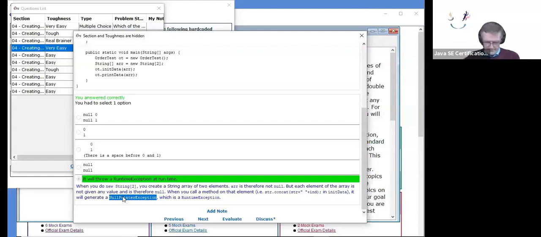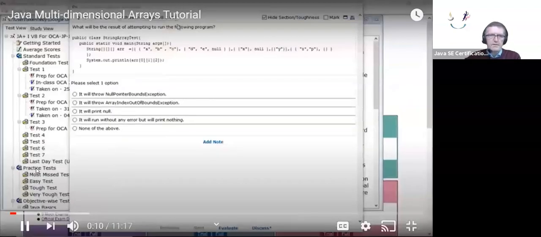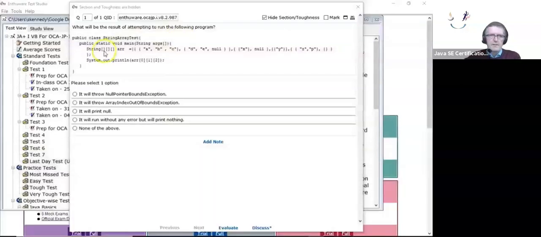Okay, number 5, I have a YouTube video for that. 7, which relates to multi-dimensional arrays. In this question, we are given a string array which has 3 dimensions, and there is the array outlined. And then we're asked to output ARR with index 0, 1, 2. So I'll go through this from this perspective, but then I want to draw it out in memory to help, and then I want to look at it in a code editor as well